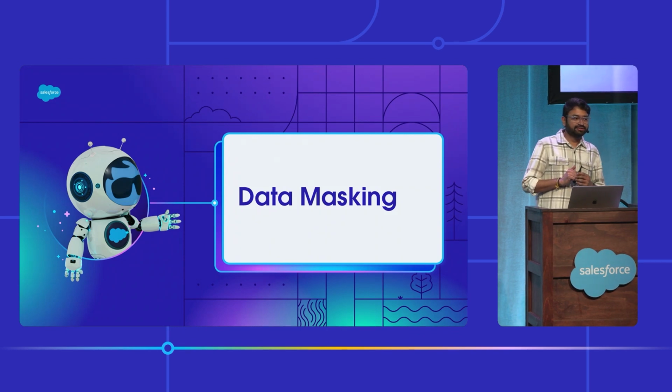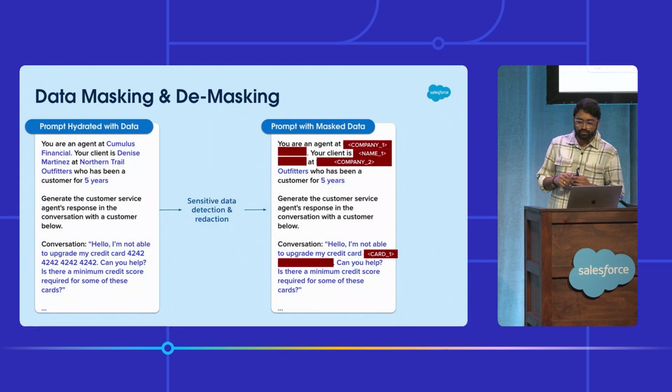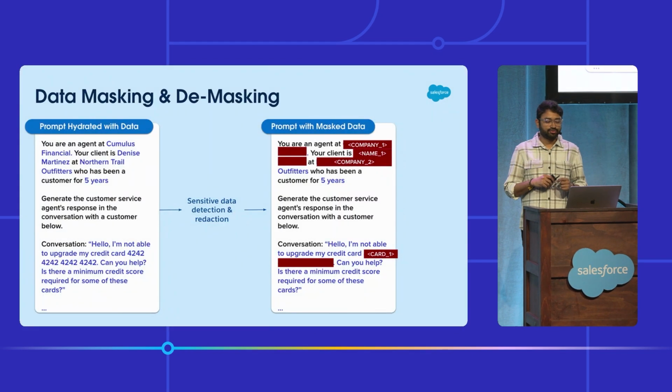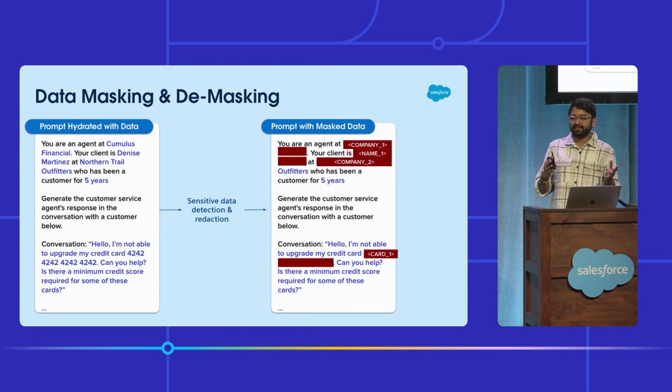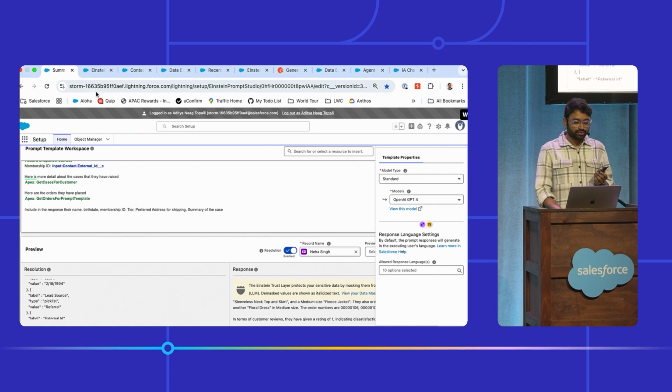Now, the next important step that I mentioned is data masking. So what is data masking? As I mentioned, it's converting all your sensitive data into tokens. And all of this can be configured right within Salesforce. So it is in your control what data you want masked. So within Salesforce,